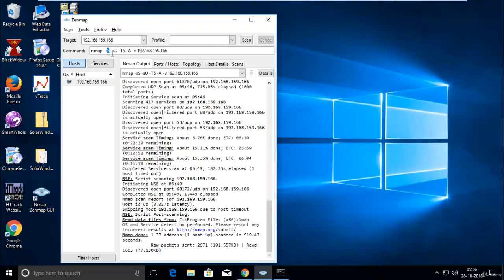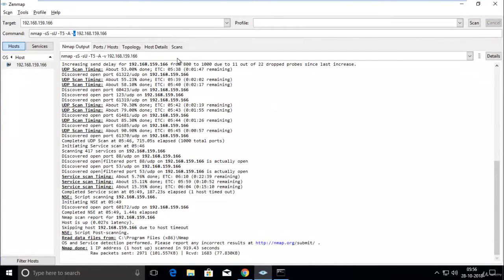S stands for SYN scan, sU is for UDP scan, T5 is for aggressive timing scanning, and A is used to detect operating system information. V stands for verbose.